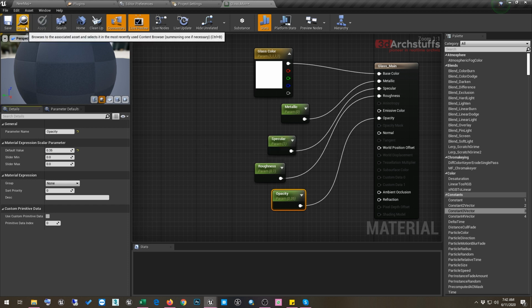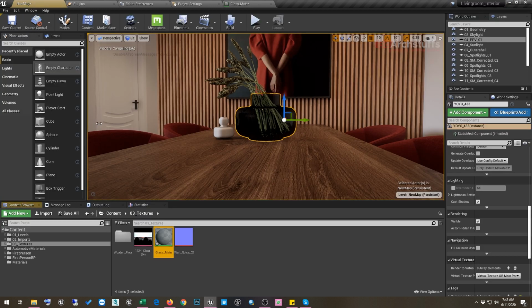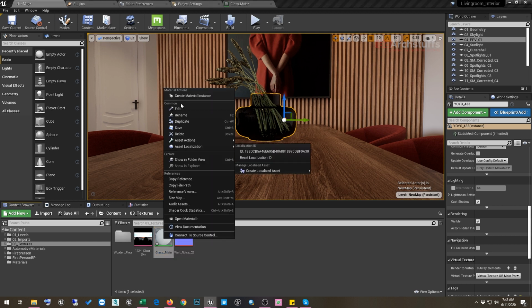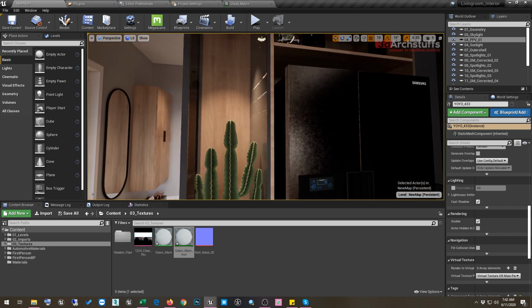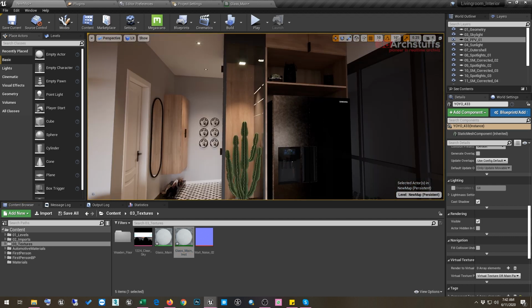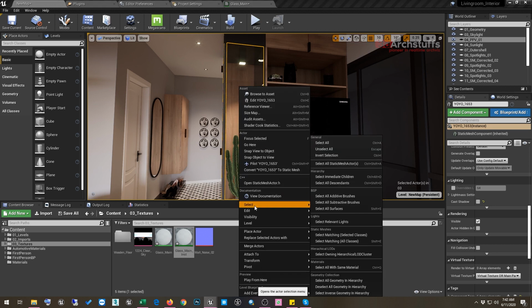And after that we'll click this browse button, so it will search your material in the content browser. And after that you have to right click here, and then just create material instance. And once you create the material instance, now you can go ahead and apply this material instance on the object. So I will just select this object, and then I will right click here, and then select